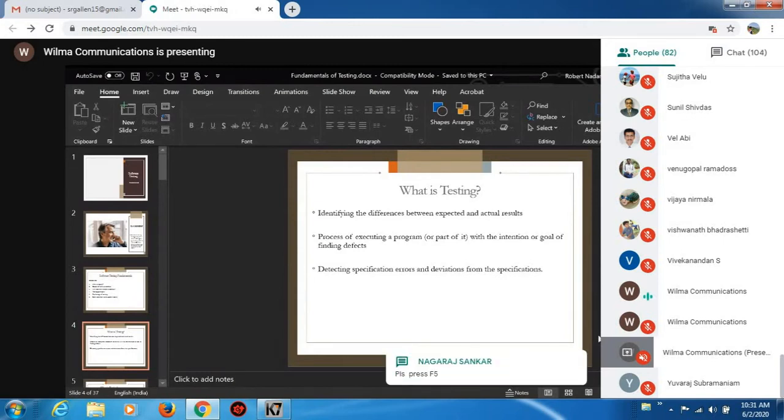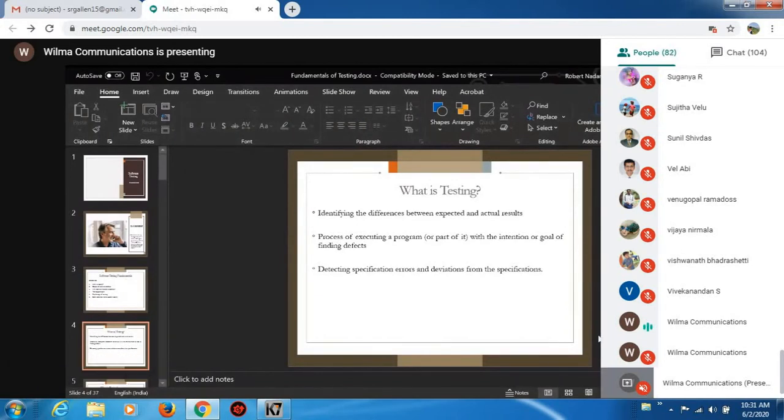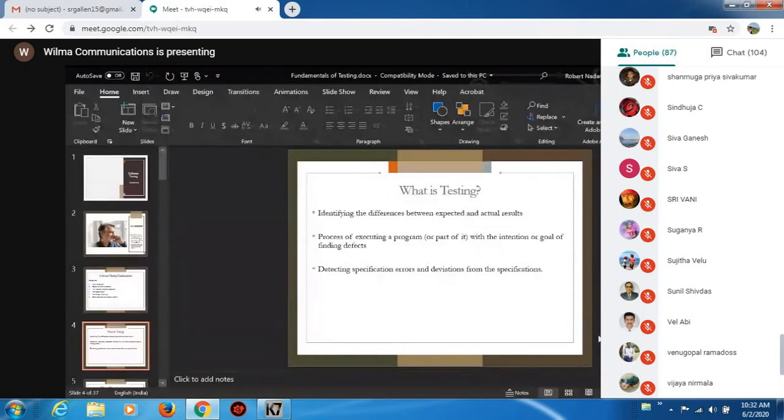Every day, every month, every year, a huge number of different branded mobile phones come to the market. But if you try to find out whether the quality of each and every branded mobile phone remains the same, the final answer will be no. At what point am I saying that it is no? One reason will be customer expectations, because every customer has different expectations.